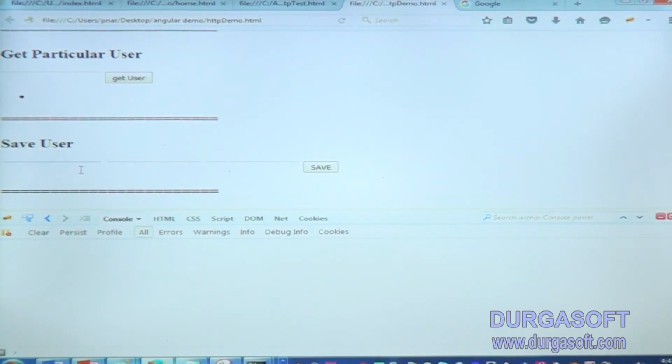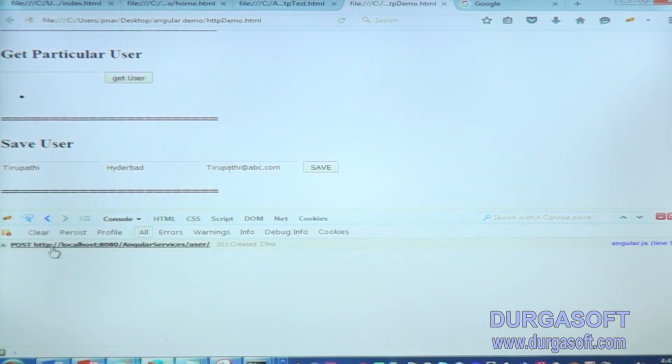I am saving some Pradeep Ganesh or Ganesh Tirupati, he is in Hyderabad, Tirupati at abc.com. Okay, and click save. See, nothing is displaying here because that save method message is not written.